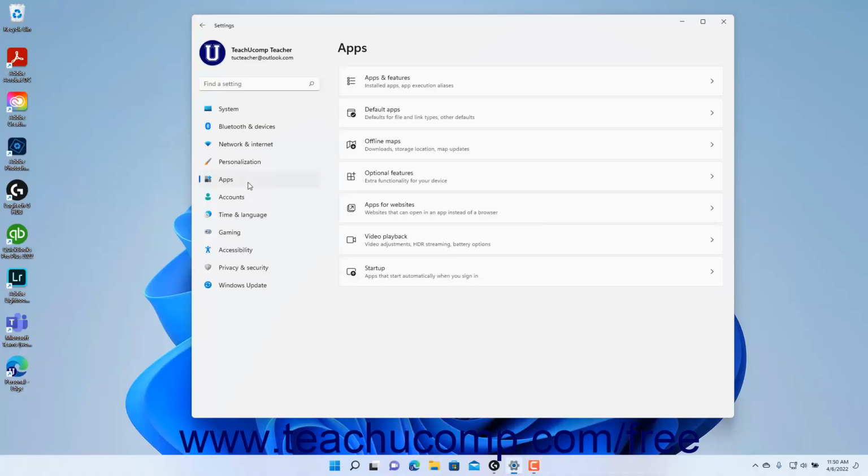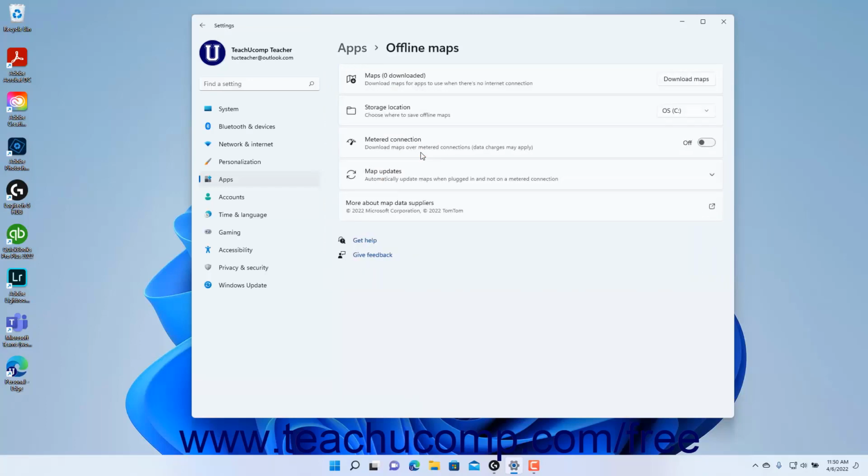www.teachucomp.com/free. To view the offline map settings in Windows 11, open the Settings app window and then click the Apps button at the left side of the screen to show the app settings for your computer to the right. Then click the Offline Maps button to the right to show the offline map settings at the right side of